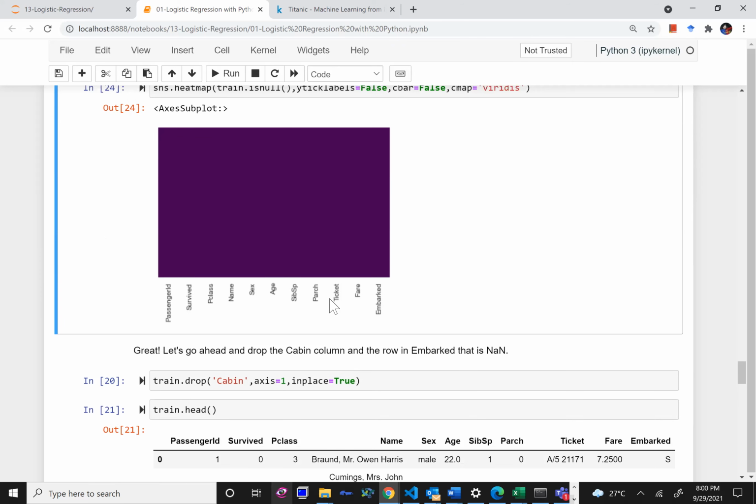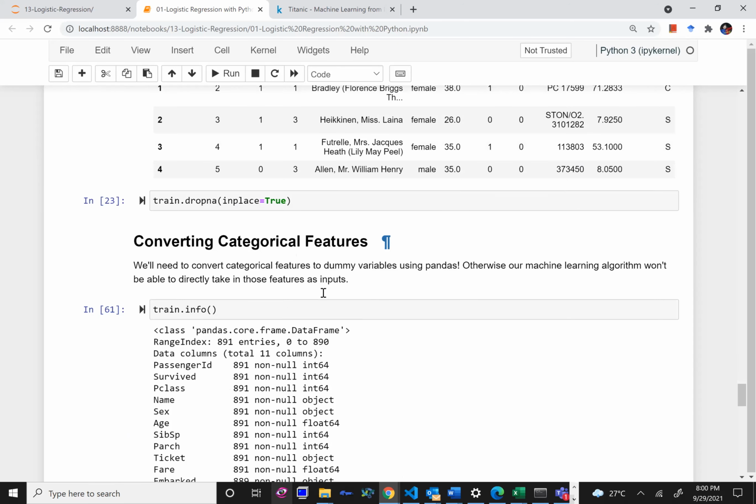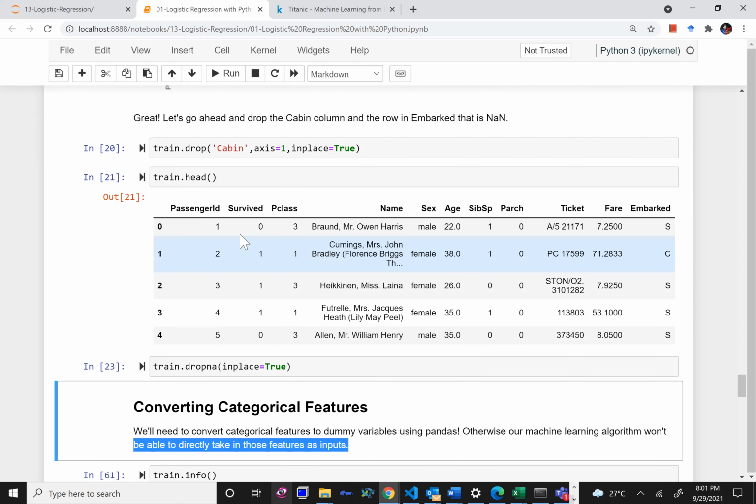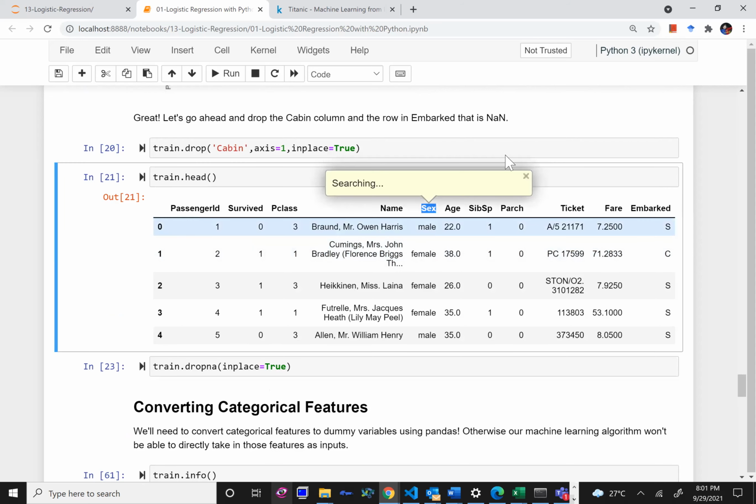Now moving ahead, what is our next task? Our next task is to convert categorical features. We will need to convert categorical features into dummy variables using pandas. Otherwise, our machine learning algorithm won't be able to directly take in those features as inputs. Now I have sex, or gender. Gender is male and female.